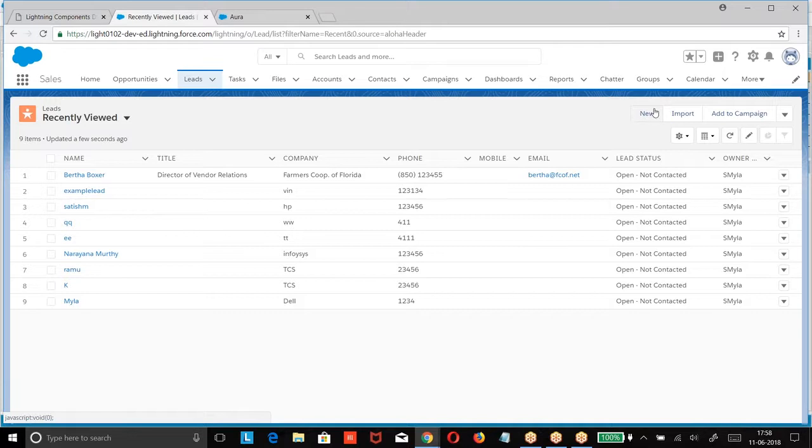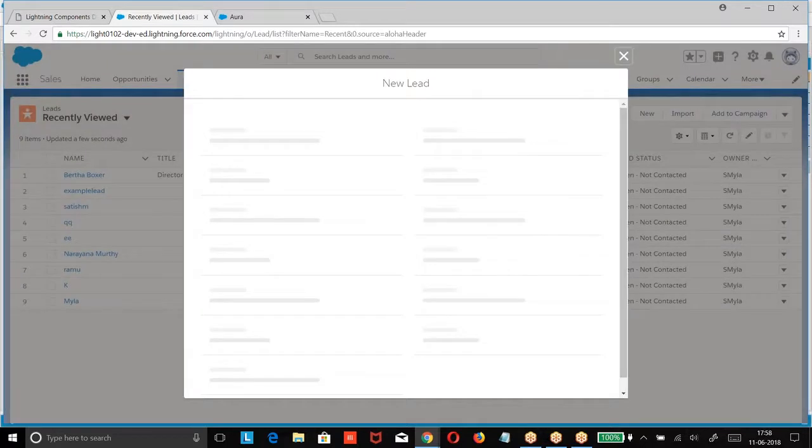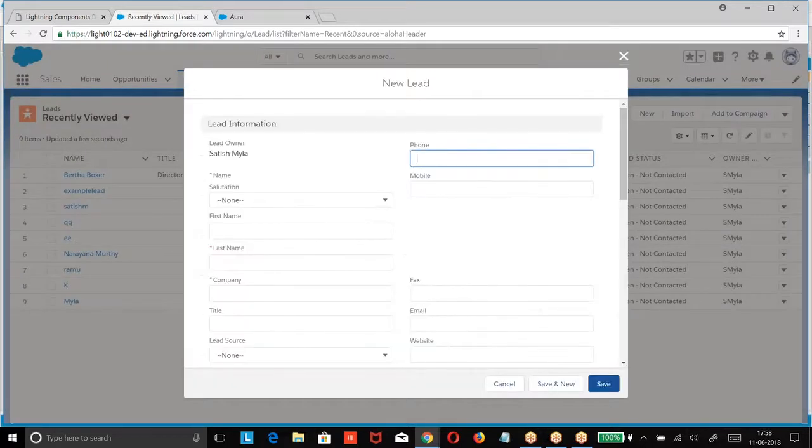Whatever standard button they have given, I want to replace it with my custom logic. When I click on New, this is a standard modal page generated by Salesforce. Now I want to replace this with my custom logic. So how to override standard buttons with custom logic is the concept we are learning.